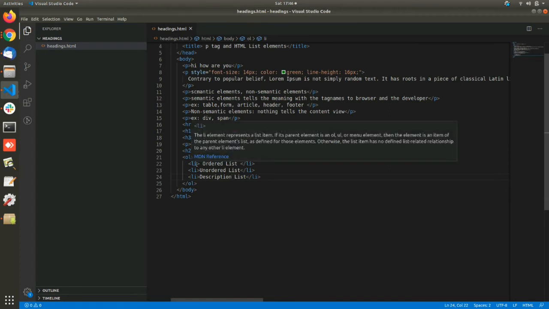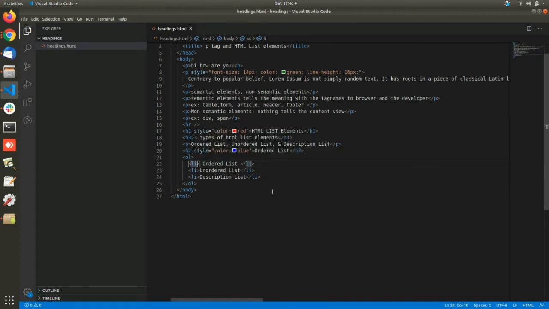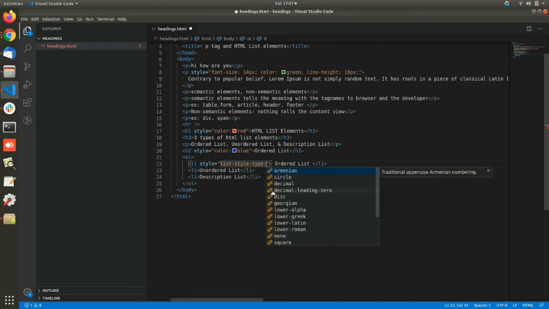We have a style to change the pattern for that 1, 2, 3. What is that? Style equal to, within the double quotes, list-style-type. This is the property to change the ordered list number pattern.